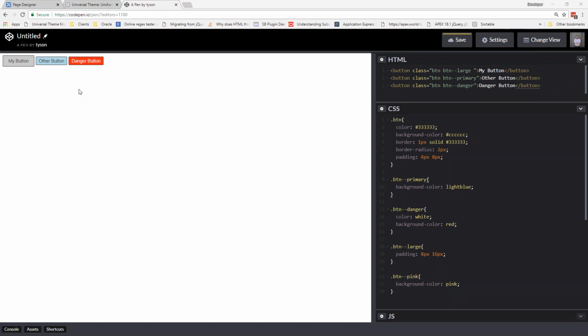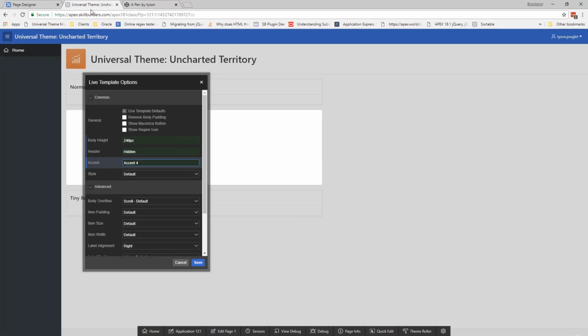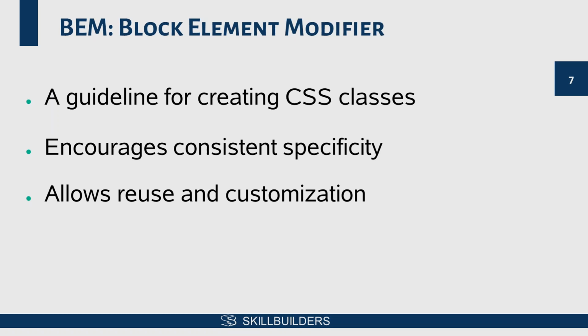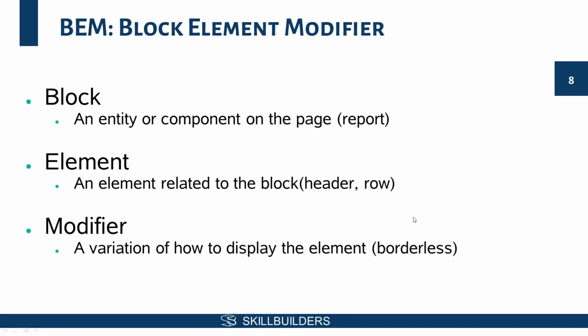And this is exactly what live template options are. All live template options are doing at runtime is just changing the classes that are associated with these components, and the classes are just doing what they do. So really quickly, there you have block element modifier,